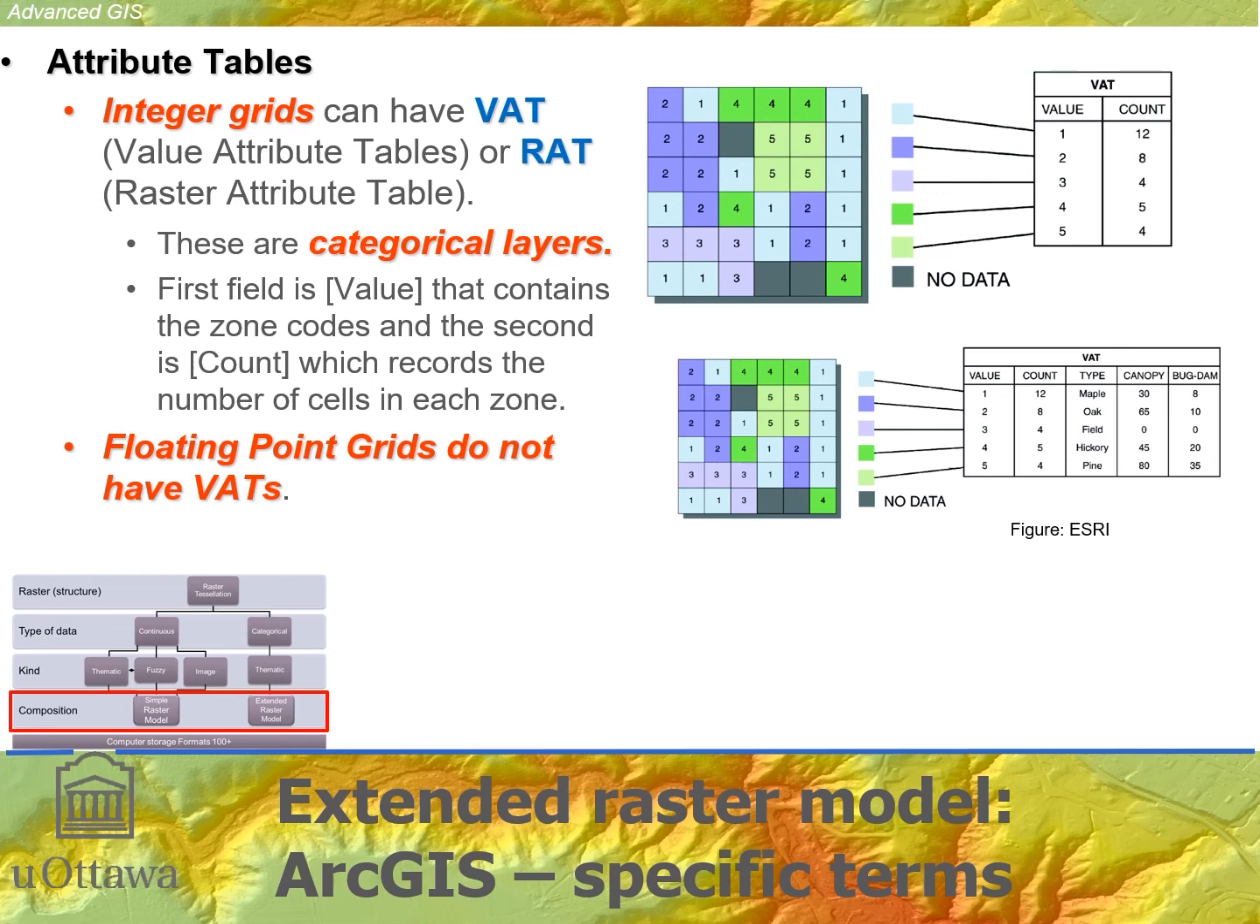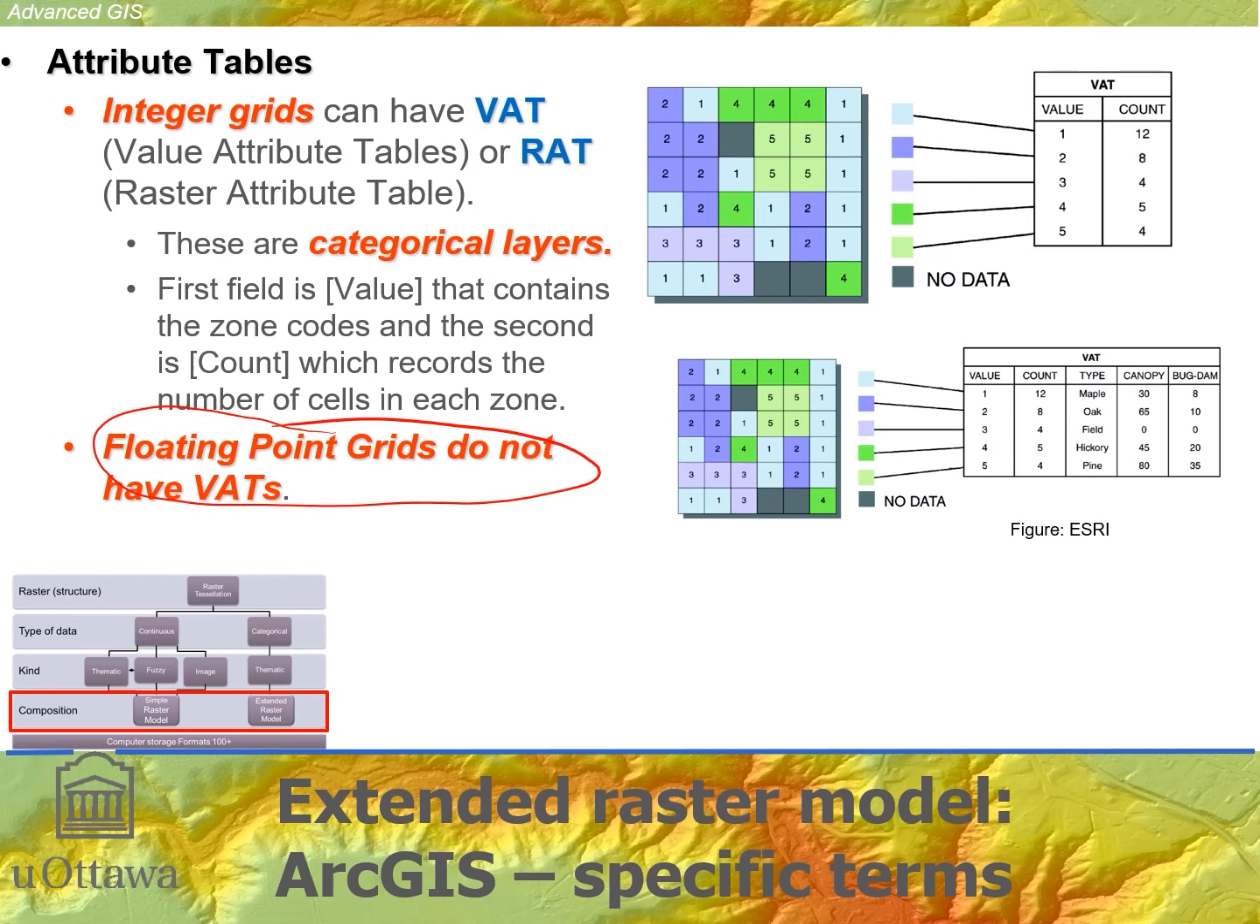So again, integer grids can have a value attribute table or raster attribute table. Those are used interchangeably in terminology for attribute tables that belong to rasters. And they have to be a categorical layer to be interpreted as a raster attribute table or value attribute table. Floating point data types, rasters or grids, don't have value attribute tables. Now this can be confusing for some people because you might see that an attribute table is available for a thematic layer which is continuous. And that is true if that thematic layer was in fact